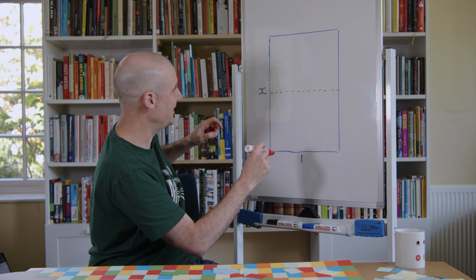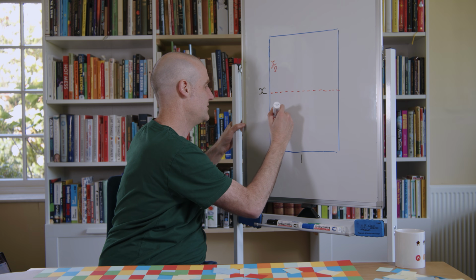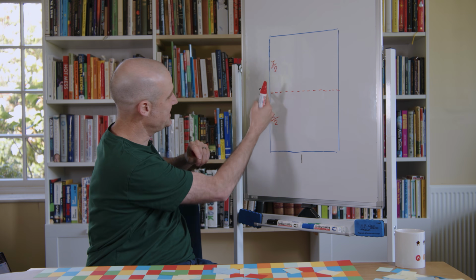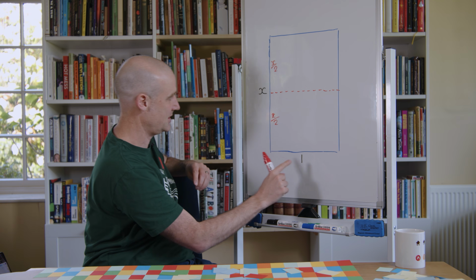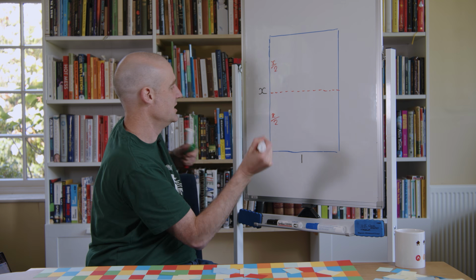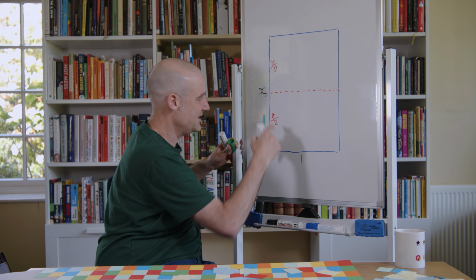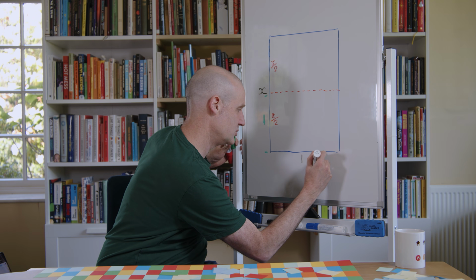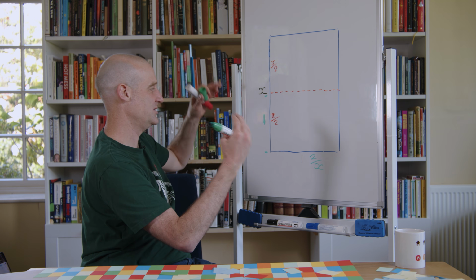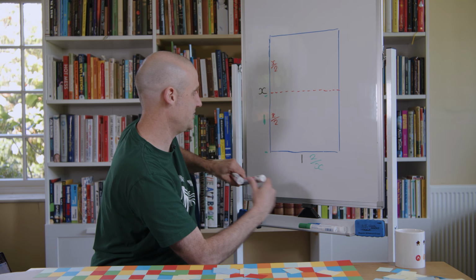Which means we need to work out what this is. That's going to be half of x up there. That's half of x down there. But now we want to reframe this as that being the unit and work out what this is. That's easy, because if that's x on 2, if we were to swap them over, I'll do this in green. If that was our newly defined unit for the small one, then this would be the inverse of that. That would be 2 on x. And we want that ratio in green to be the same as the original ratio that I wrote down in black. And so we'll just chuck that up the top here.